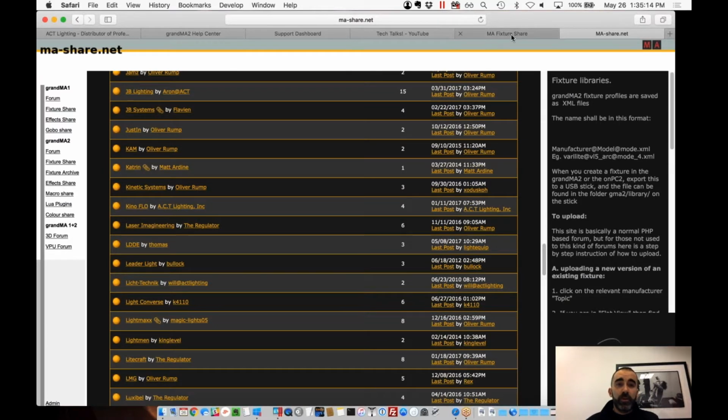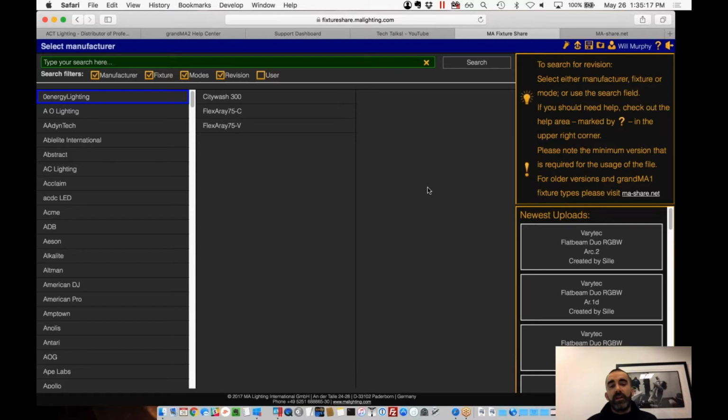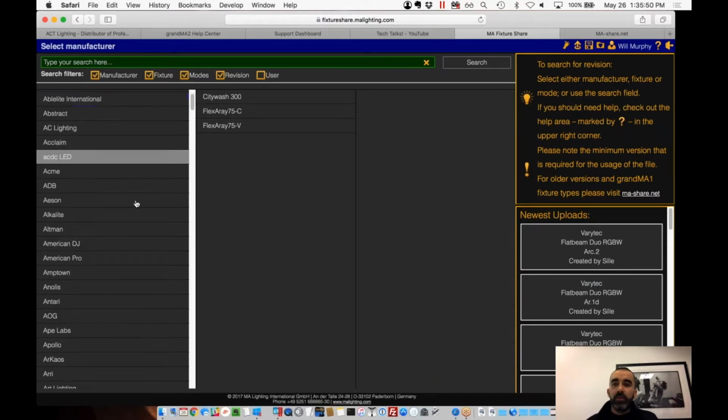Now, when you go to Fixture Share, what you're going to find is the new cloud-based database for the Fixture Share. One of the most exciting functionalities of this particular site is that MA will be able to update their fixture library every 3 months. So historically, you've had to wait for a release of software in order to update the internal library. Now you will see that internal library, which we receive from Caroline, will be updated every 3 months